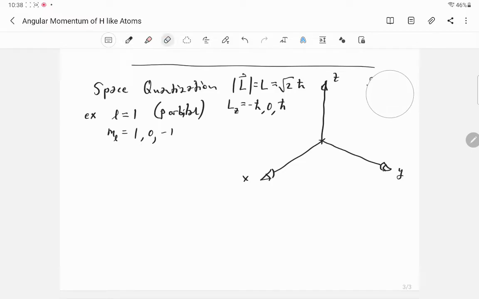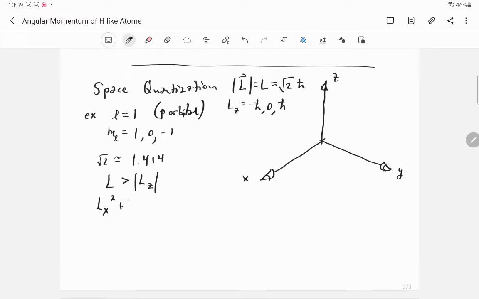Actually, let me not put it there. The square root of 2 is about 1.414. So L is actually bigger than L sub z, right? So 1.414 h bar is bigger than, let's say, the magnitude, right, of L sub z. So you can see that that's true. So what this means is, and also actually,